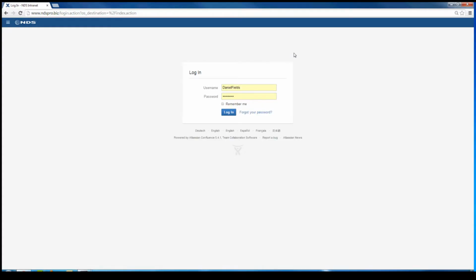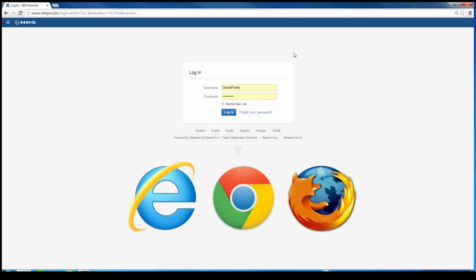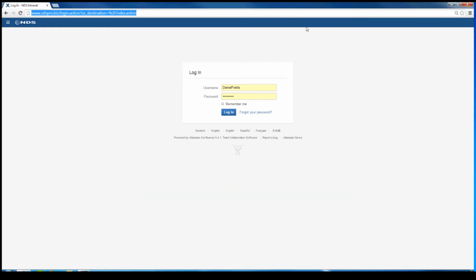Today we're going to be discussing the new NDSPro.biz site. The first thing you're going to want to do is open up a web browser, either Internet Explorer, Chrome, or Firefox. In the URL, you're going to want to enter